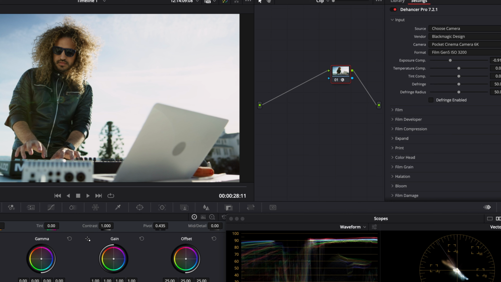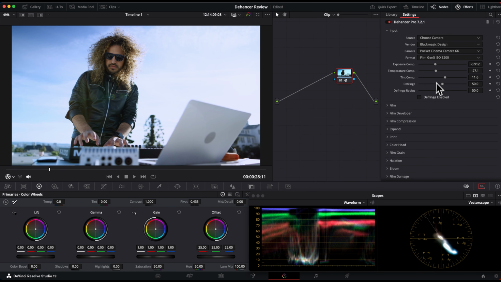I will then adjust the white balance with the temperature compensation slider, and remove a bit of green tint by sliding the tint control to the right. Basically, these do the same as primaries controls in color wheels, and for more flexibility you might want to use